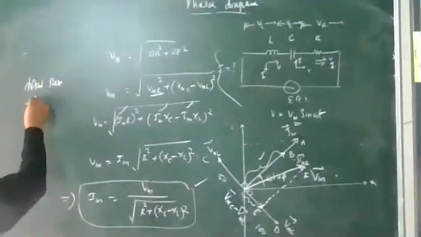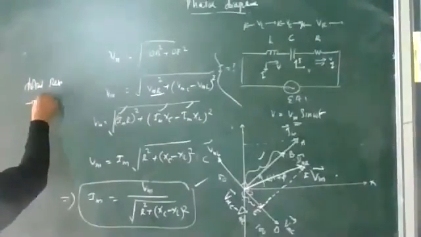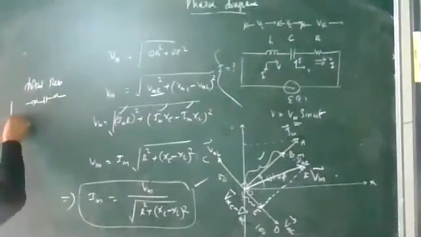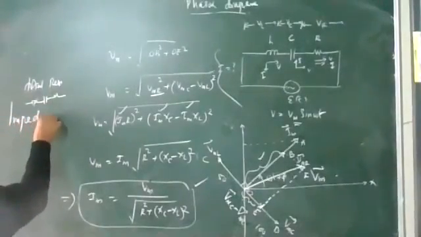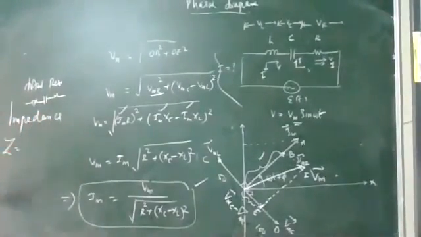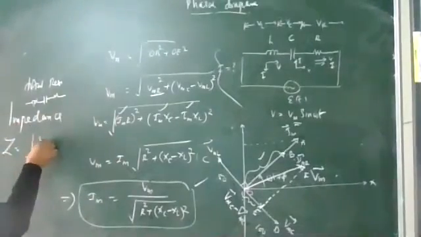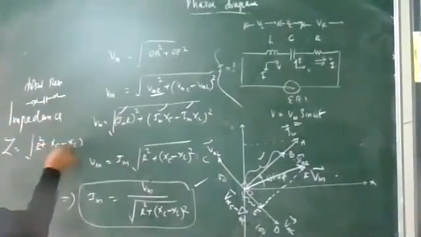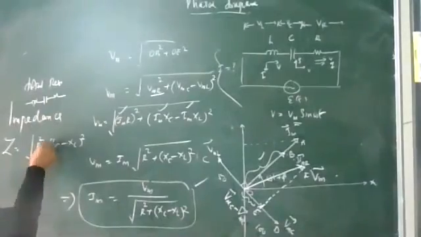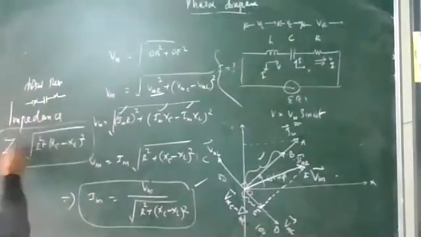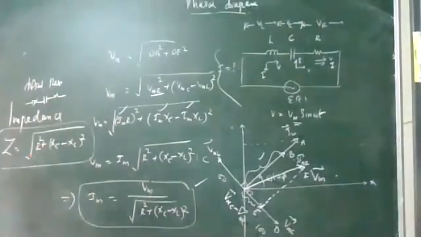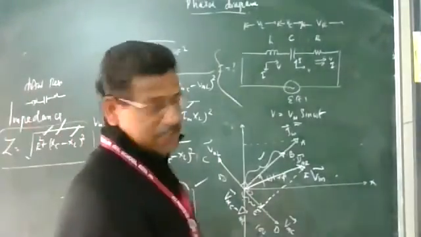offered by inductor, capacitor and resistor. It is called impedance. That is the impedance of the LCR circuit, Z equal to root of R square plus XC minus XL whole square. Direct numerical will be there: calculate impedance. There are three things you have to calculate: R directly, XC equals 1 by omega C, and XL equals omega L, so calculate omega. This is the impedance of the LCR circuit.